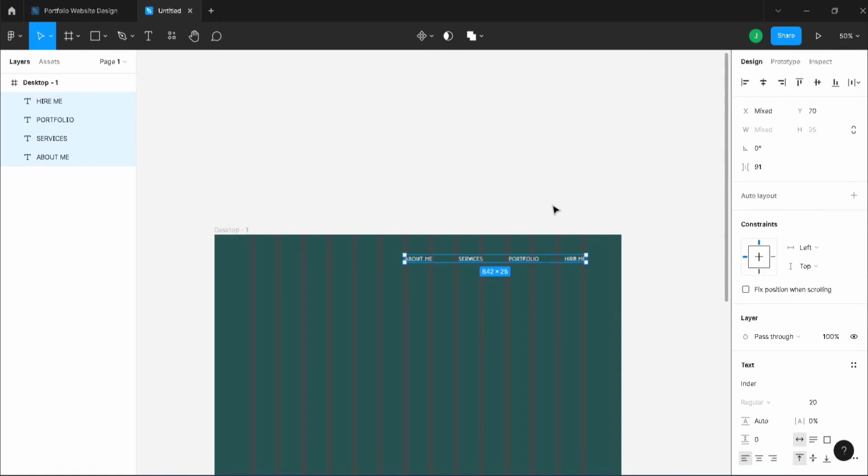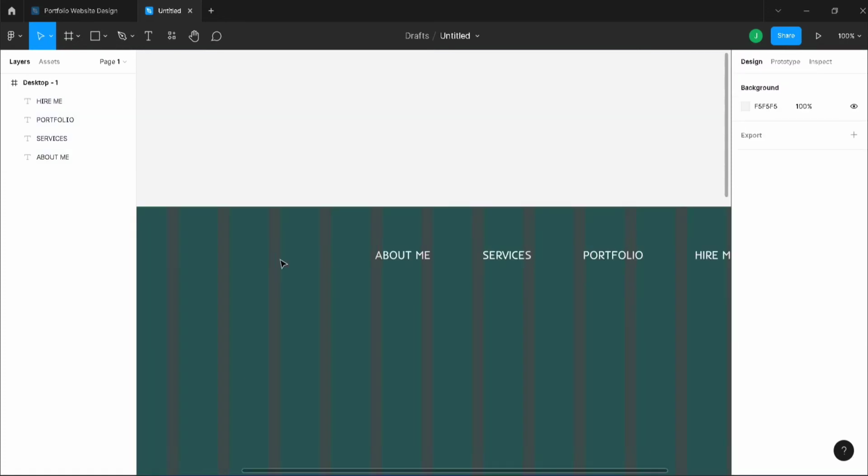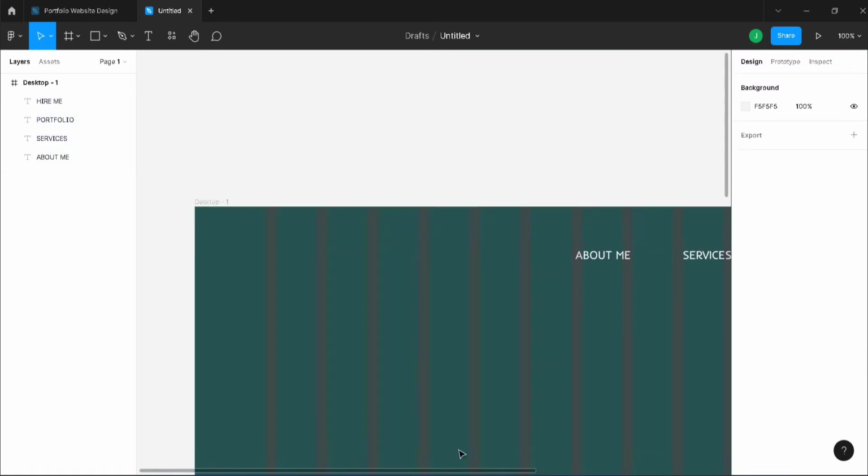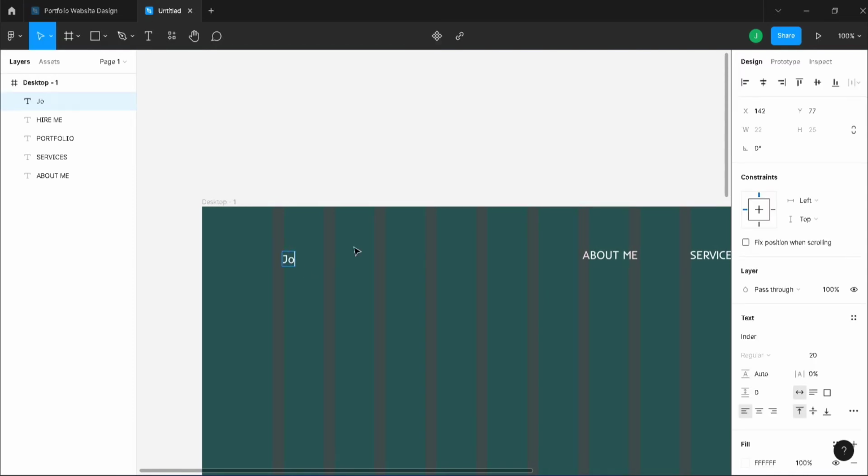Okay, and the next thing I'm going to write a name here. I will change the size of this to 35. The size we used for navigation menu here is 20. For this it will be 35. I'm going to change the color of this Smith to